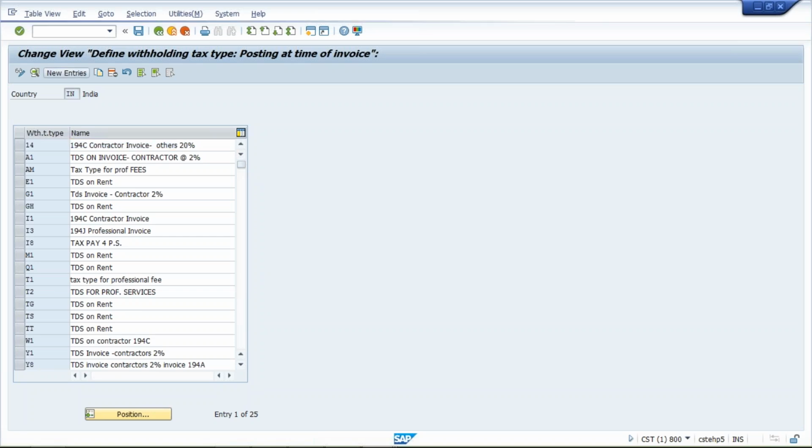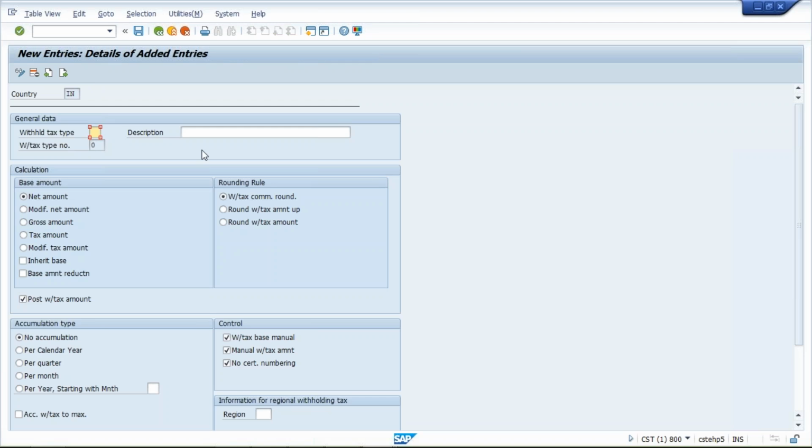Click on new entry and here, for tax type, I'm just going to give TM, TDS for professional services. Now what will happen? See, what is the use of this? First of all, press enter and save this.